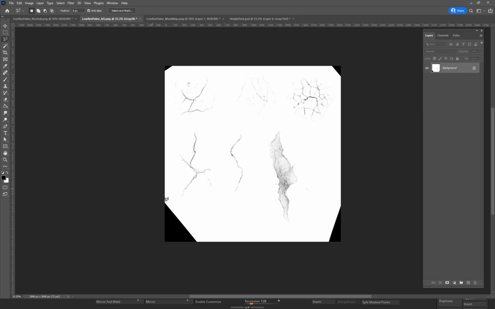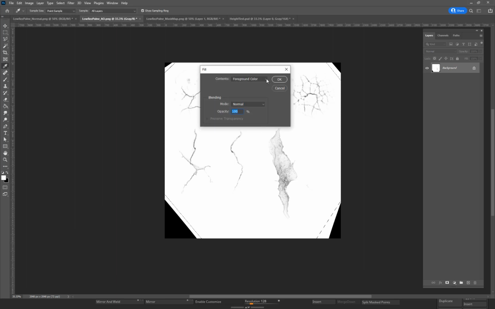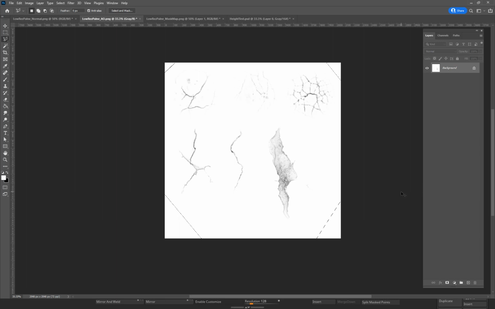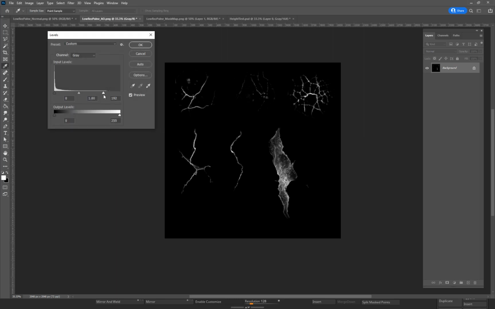First thing we need to do is get rid of this. So I'm going to just go here, and then go to here, go to here, and grab all of it this time. Go to here, and then if you push X, it'll invert whatever two colors you have right here. So X will flip it. If you want to reset it, it's D, and then X will go to white. Then I'll hold Shift F5, and it pulls up this foreground color and fills in with white. And then I can deselect and then invert, so I have that same thing. And then I can go Control L and do,